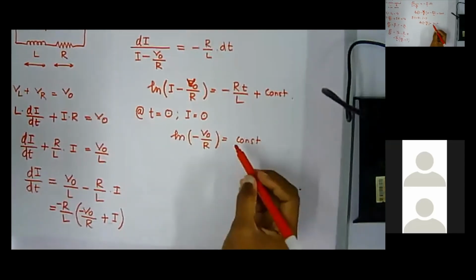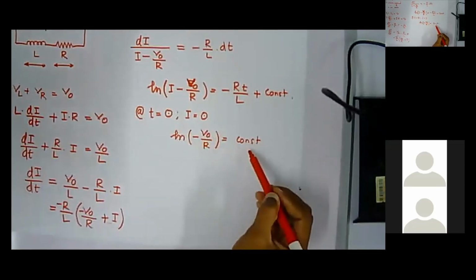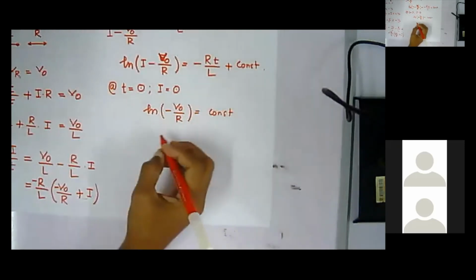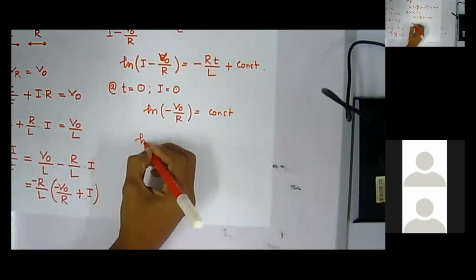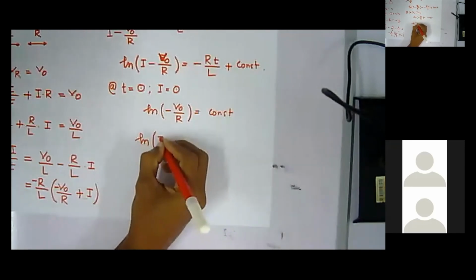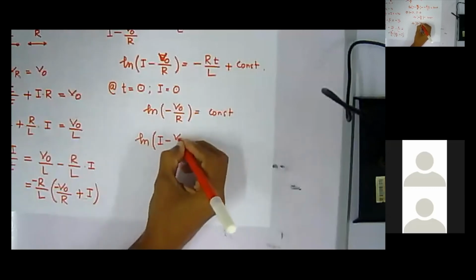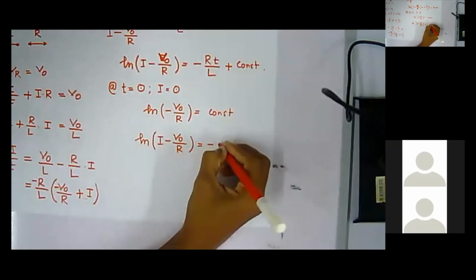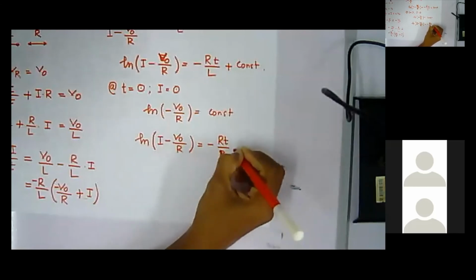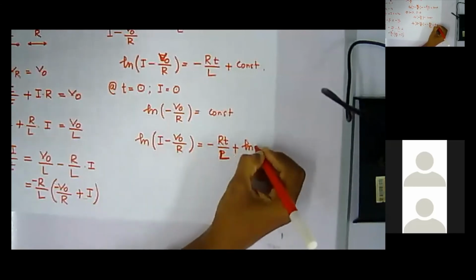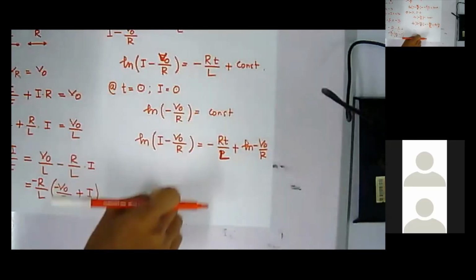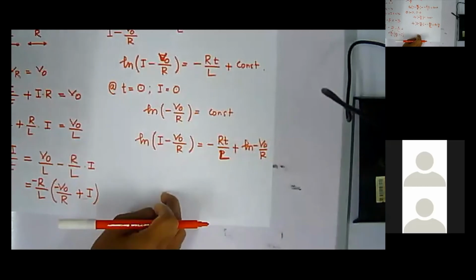Am I right? ln minus V naught by R is equal to your constant. Right, now we will substitute this here. So this will be ln I minus V naught by R is equal to minus R T by L, sorry, L plus ln minus V naught by R. Right, bring this one there, so that will go down, or simply we can write it as